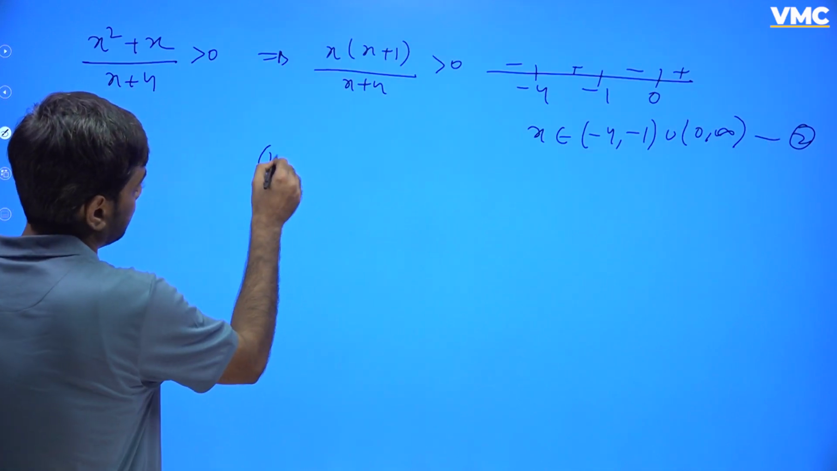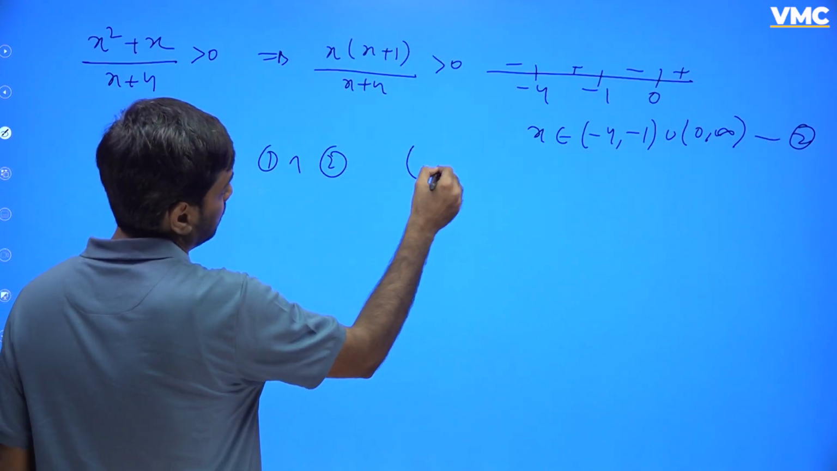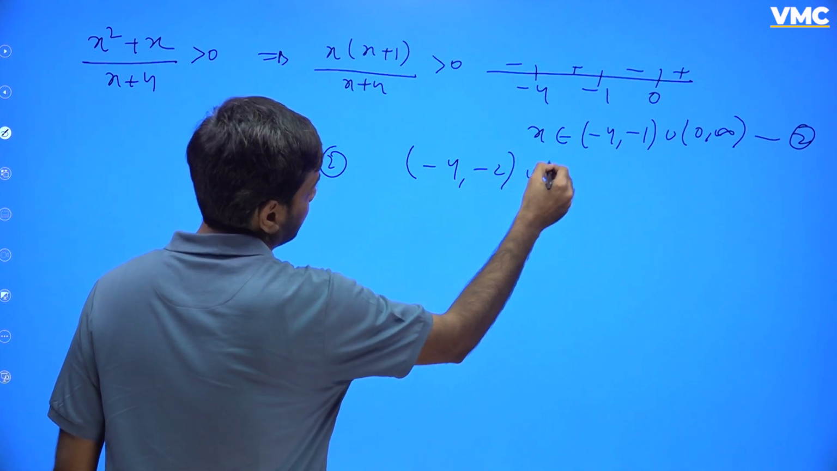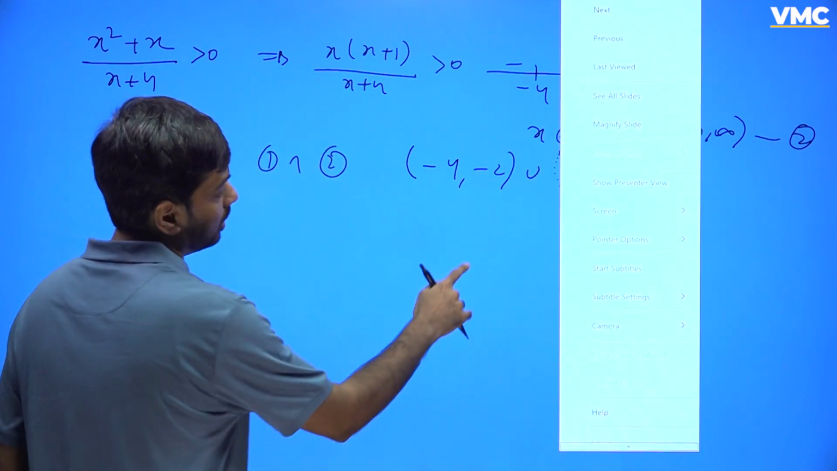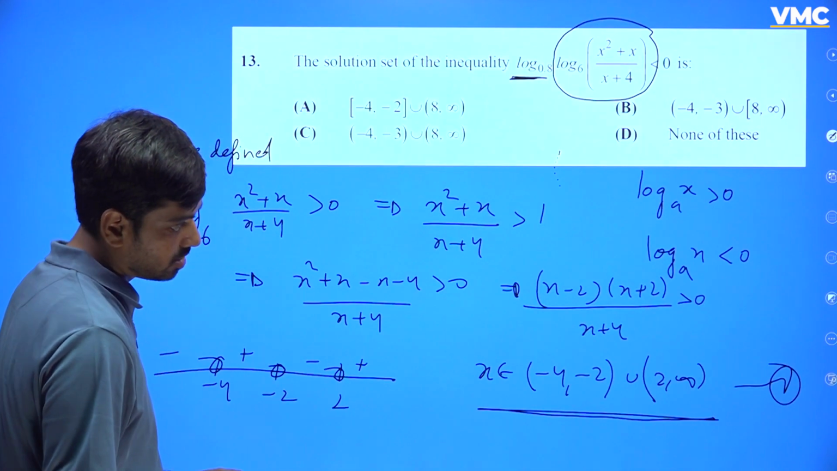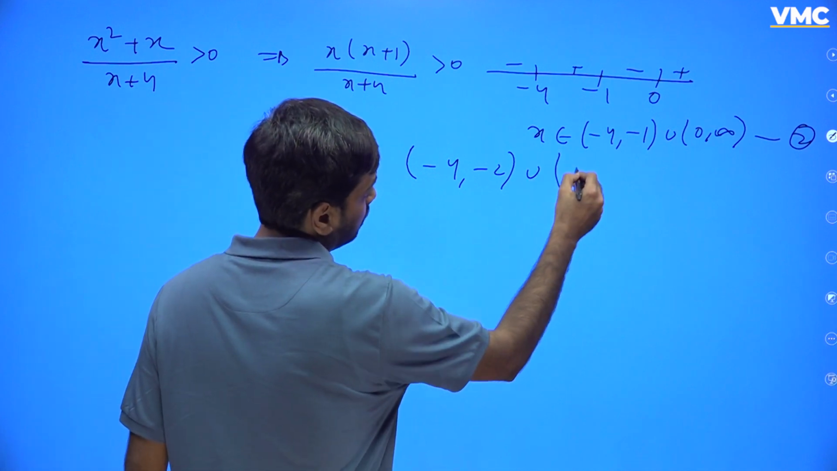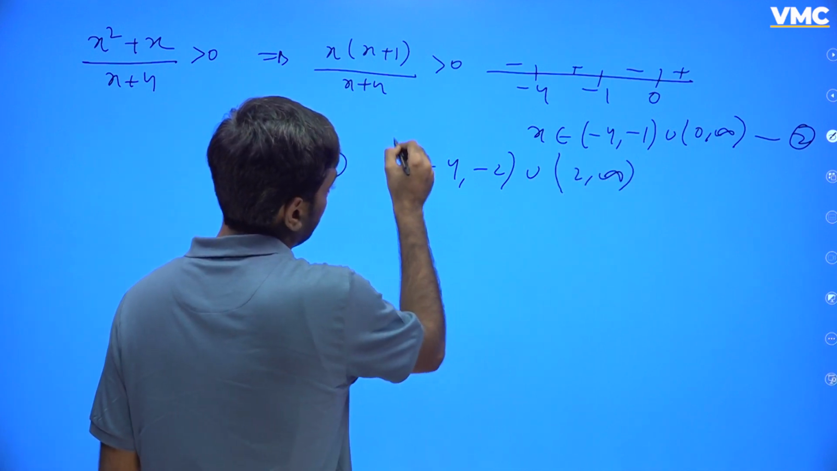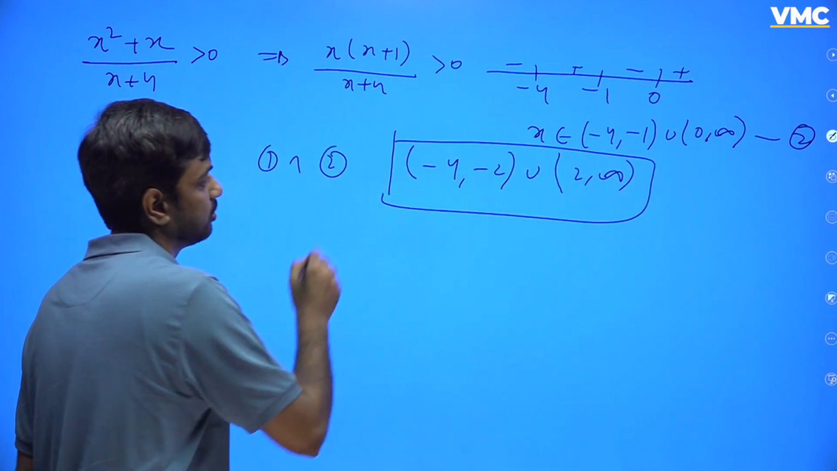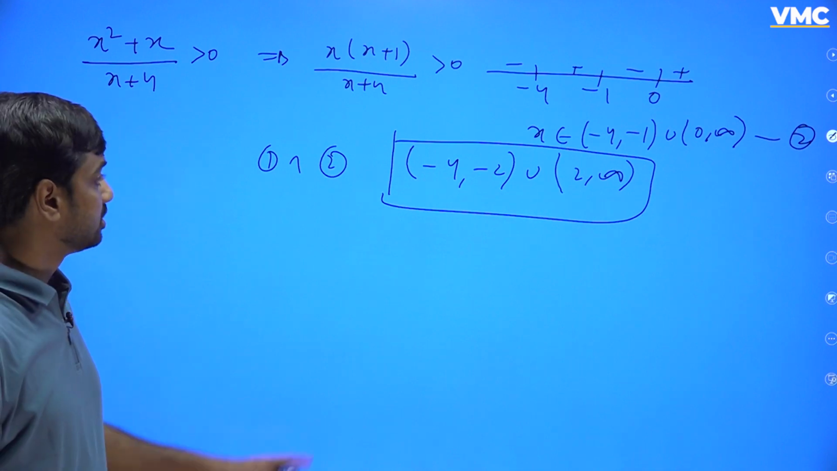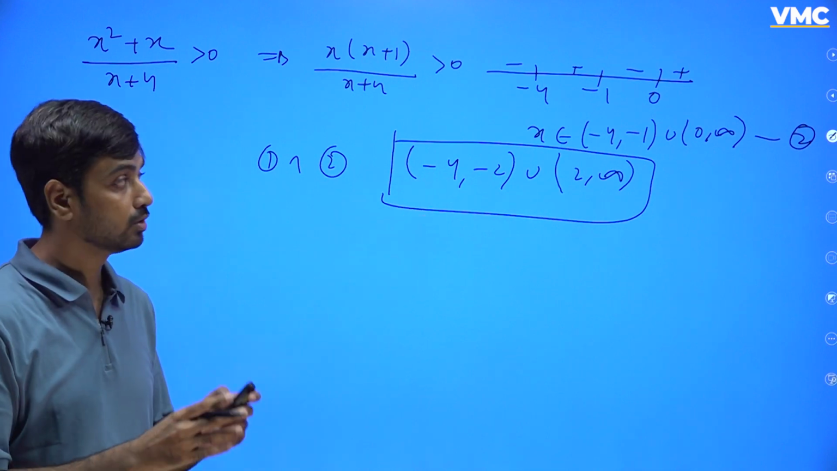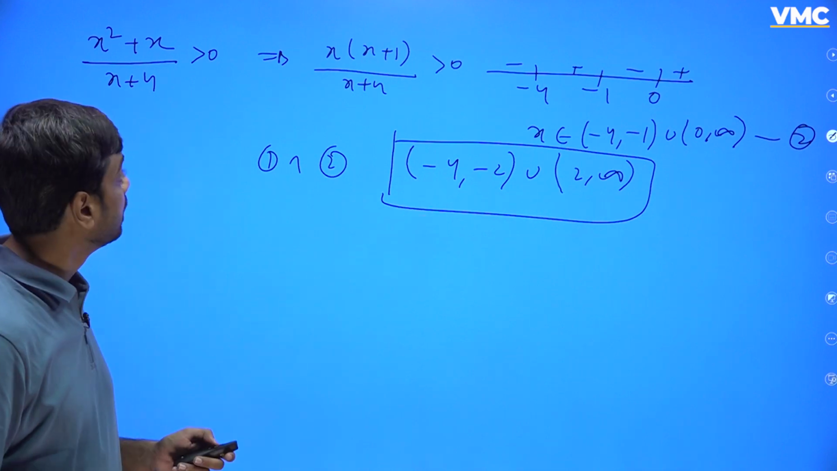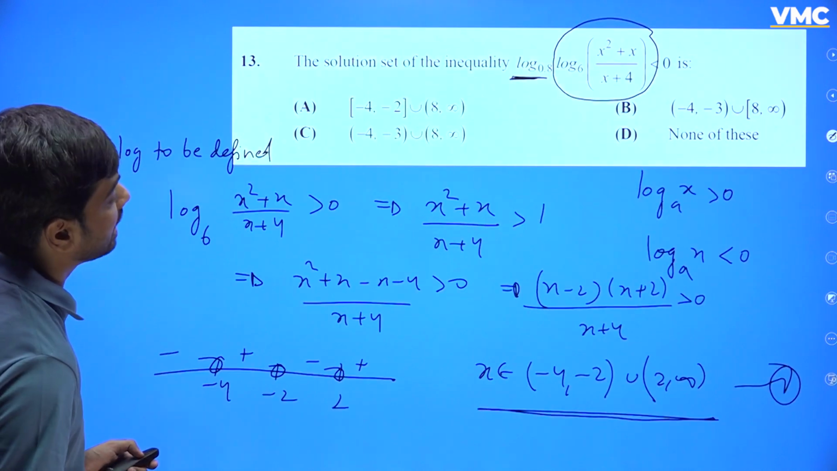So the intersection gives -4 to -2 union 2 to infinity. This is the value of x for which the log is defined. This is not my answer. Now I'm going to solve the inequality. The inequality we have is